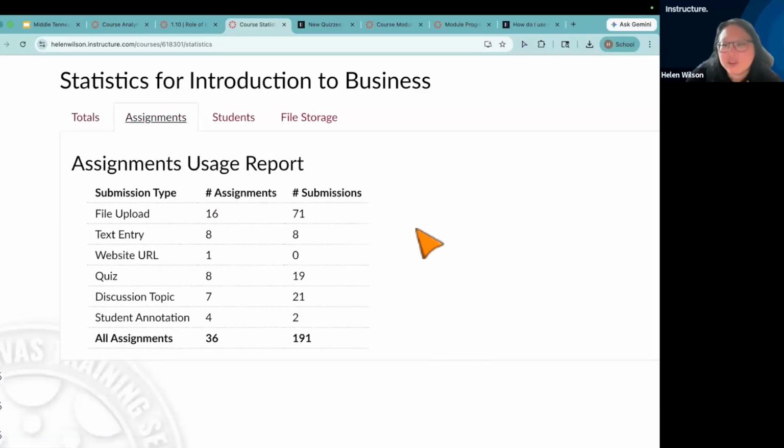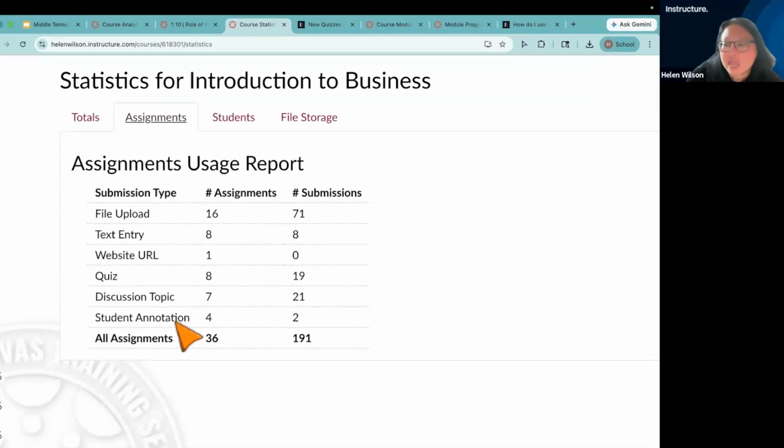And then in assignments, you have a usage report, information on the submission type you use the most often. And by the way, this is very common. File upload is probably the most heavily used type of assignment. So if you're thinking, well, what's the utility of this then? Think of this as an opportunity to stretch a bit. So let's say it's a couple of years from now, you want to expand on what you do in Canvas. I could see going into the assignments tab here helpful because it tells me, hey, I don't use discussions that much. Maybe I should,